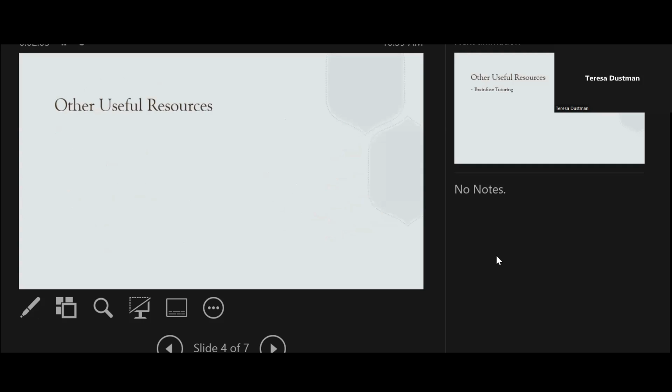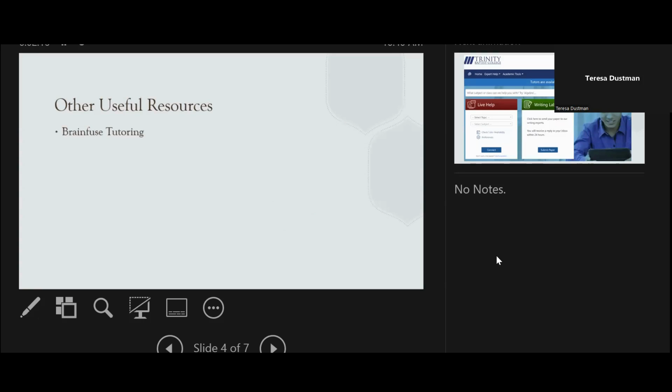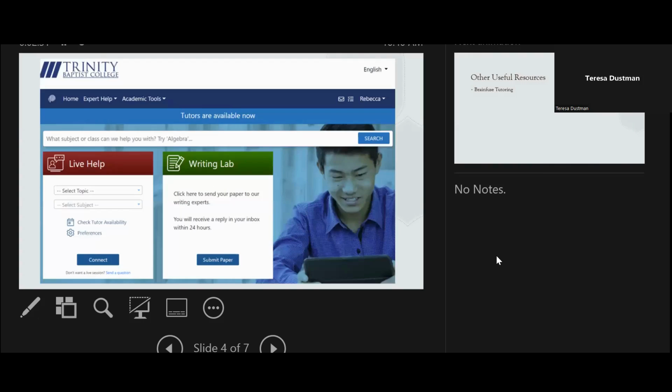A few other useful resources I find to help bridge the gap for students and help them learn to write is, and many of these you're probably already utilizing, but we have a great resource, Brainfuse Tutoring. How many of you guys actually have this, or have students that have used Brainfuse in your classes? Grand total of 1. Okay. So Brainfuse, if you don't know, is a tutoring service that's free for our students. If you go to the links section, students have use of this. I'm sure, Tony, you'll probably use this many times to refer for students.